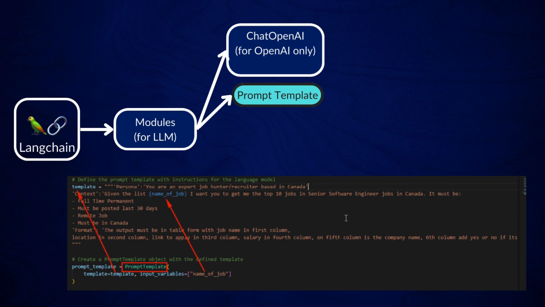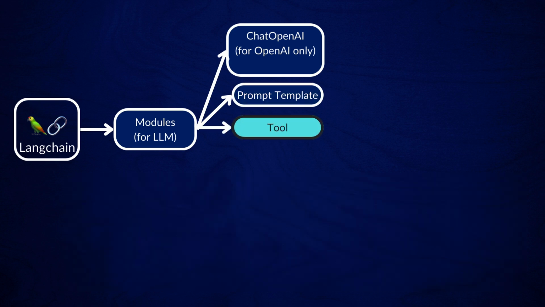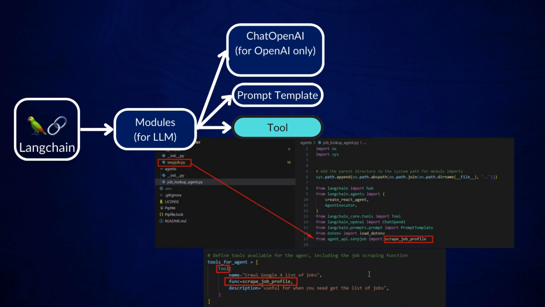This level of customization makes sure that AI provides results that match our exact needs. The tool component in Langchain allows us to define custom functions that the AI can call. For example, script job profile is wrapped as a tool, making it accessible to our job agent. This integration enables the AI to execute tasks beyond just generating text, such as pulling data directly from Google job